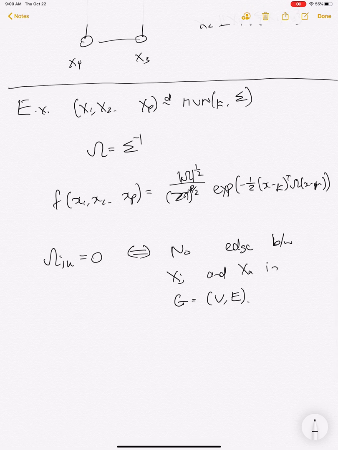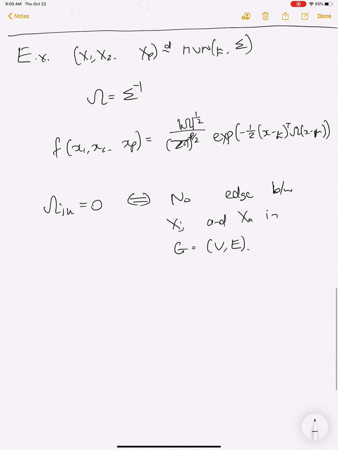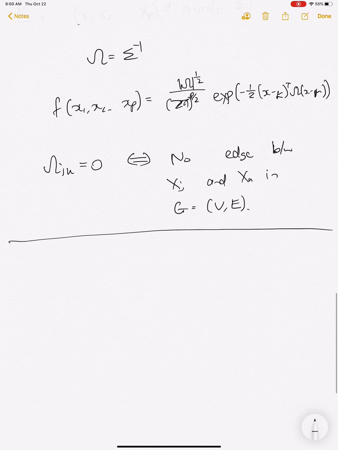Okay, and so this is what we've seen so far, but the next thing we're going to look at is